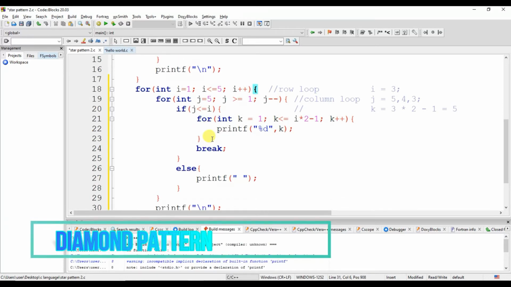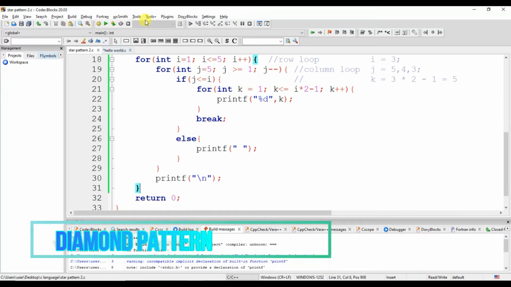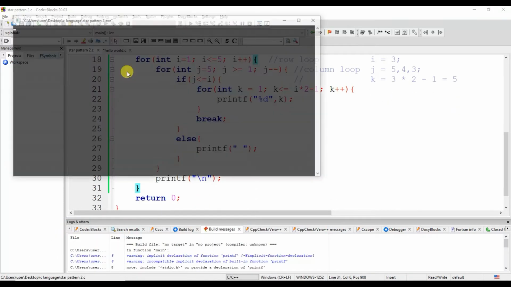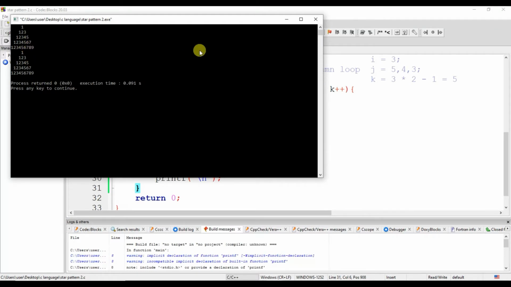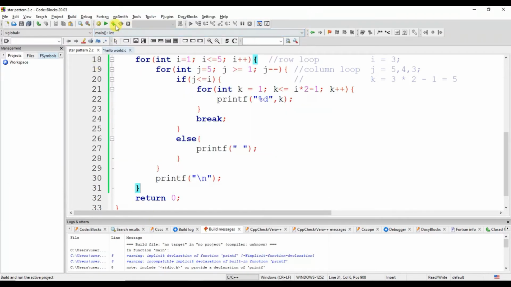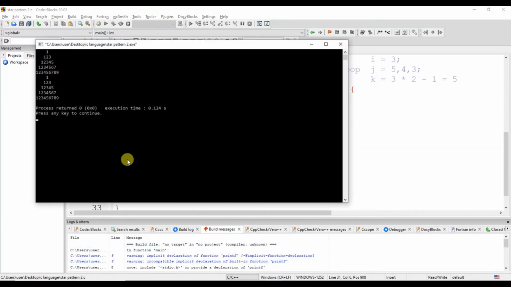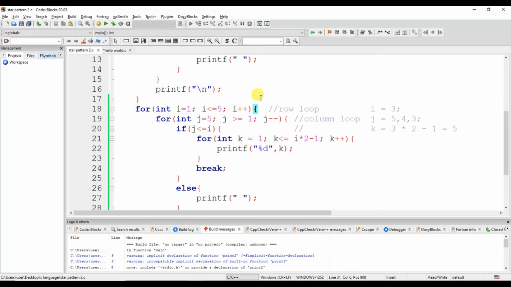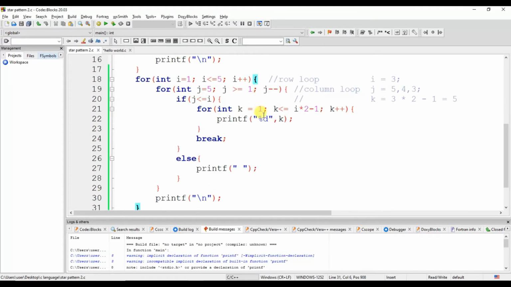So what we are going to do: this will give us this pattern, two triangles, because we just copy-pasted the code twice. So now we need to reverse the second triangle, so that we can achieve the pattern which I just showed you.